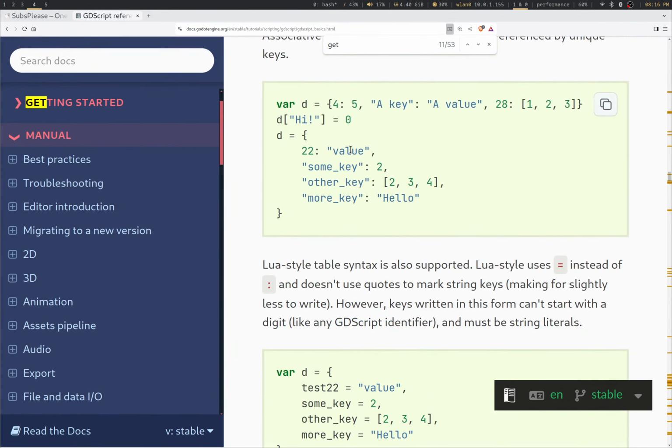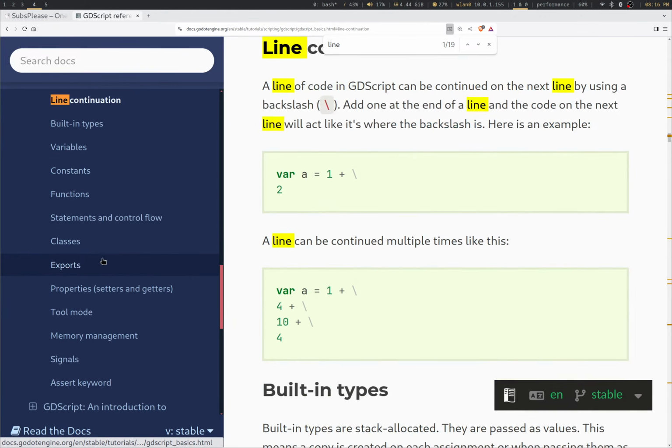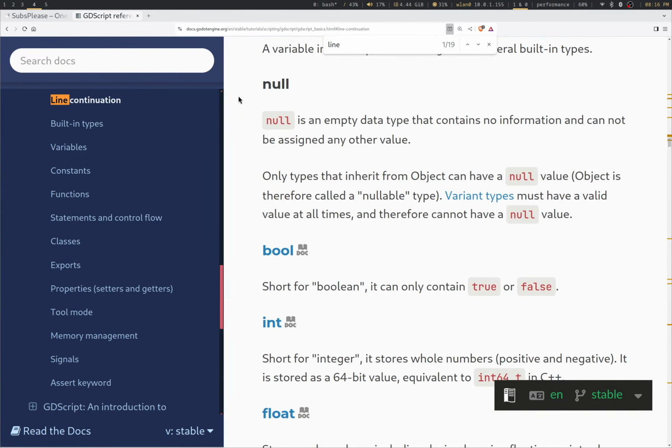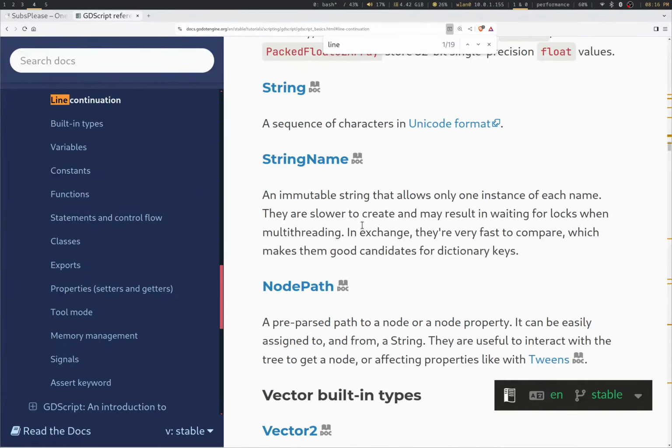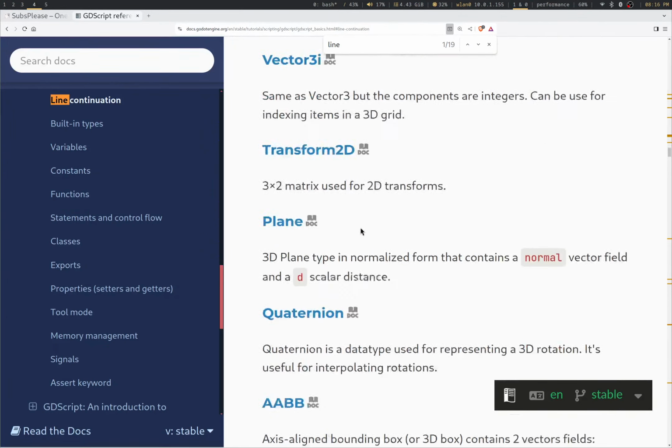So that's, there we go. Line continuations, built-in types, nulls. Okay, we got null. That's a keyword. These are built-in types.